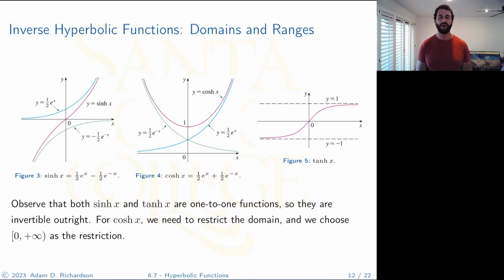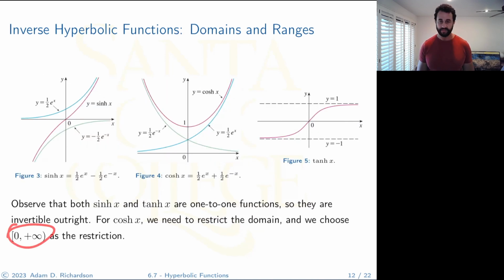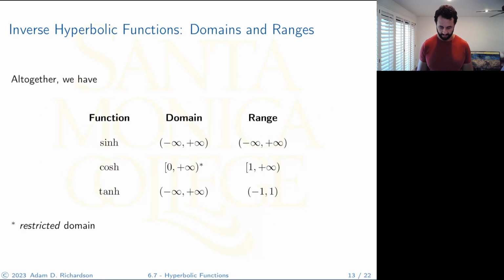Anyway, how we're going to restrict the domain. We're going to restrict it so that it's just this part of the graph right here. I say it right here. So the only one we're restricting is cosh, and we're restricting it to 0 to infinity. Just like I had done in the previous section, here's a list of